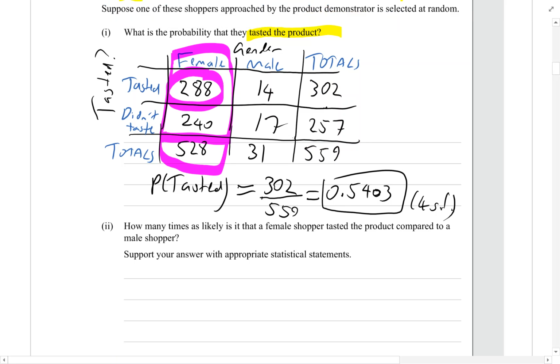So we need to write that down as a statement. So probability tasted out of the females. Or you could say tasted given that that customer was a female. So the condition is that it's a female, and that always goes on the right. And that equals 288 out of 528,